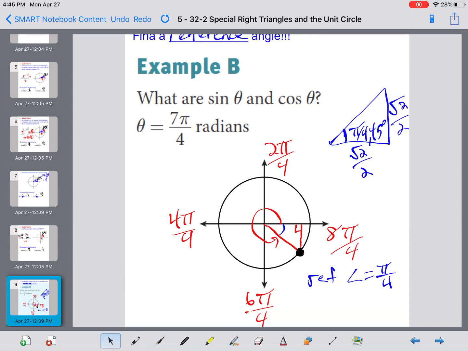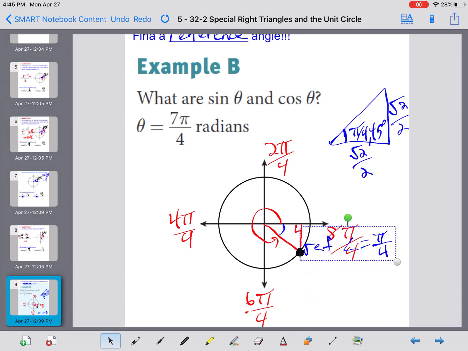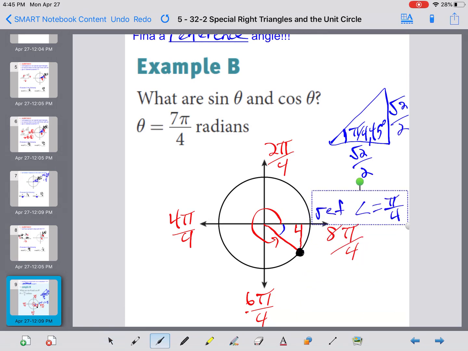So the xy values down there in this quadrant, it would be a positive x value. So the x value here, I'm going to move this out of the way, would still be root 2 over 2, right? Because that's this side here. I'm going to the right, root 2 over 2, but now I'm going to go down negative root 2 over 2,